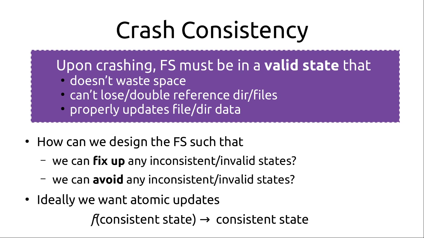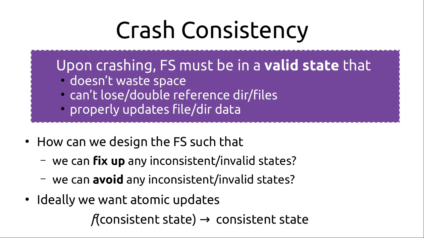So the question that we want to ask now is simply, how can we design our file system such that we can either fix up any inconsistent or invalid states within that file system because of these kind of crash problems that we talked about, or can we design our file system effectively to avoid those inconsistent states in some sense? And ideally, what we really want to provide is some notion of being able to atomically update the system,